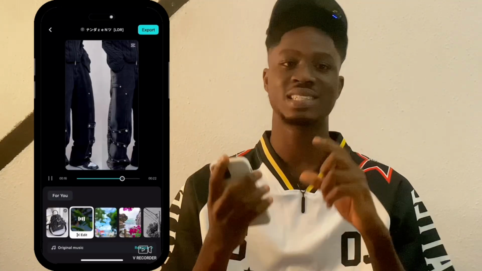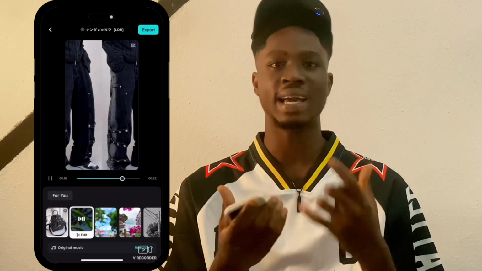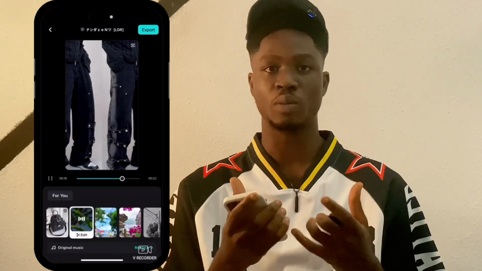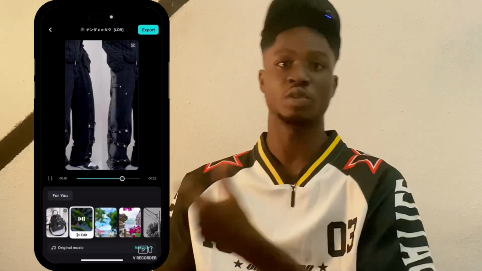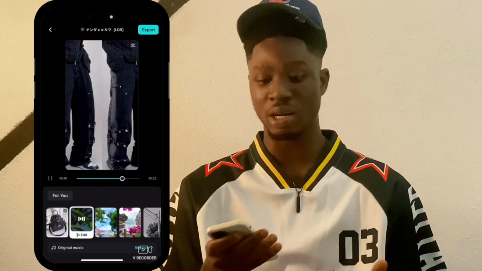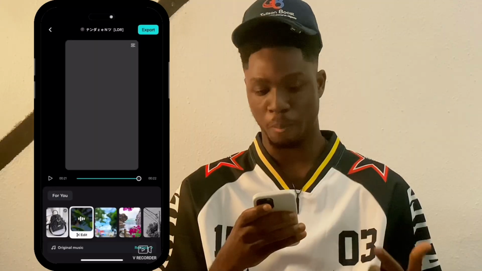What this does is that it gives you a little bit of fire in your templates. You're trying to add, let's say, your pictures together, or pictures of yourself, or pictures of your products, to just kind of mix them together. That's what it does. I'm not really a big fan of it. Let's move on to the next one, which is going to be